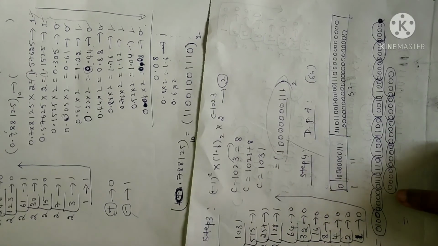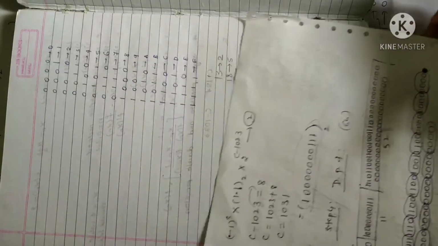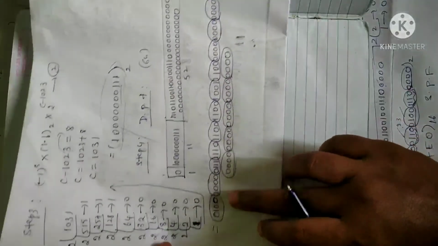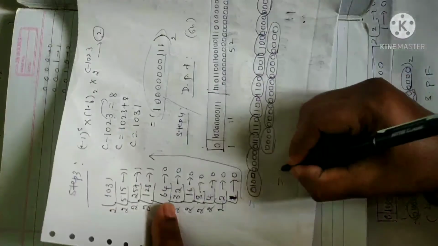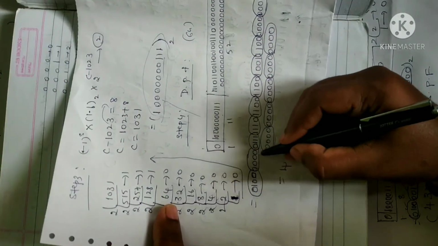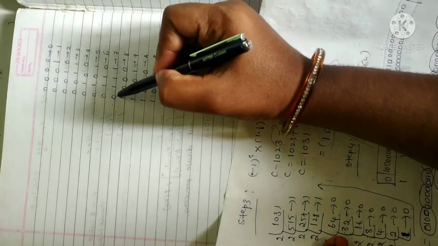Now we have to convert it into the equivalent hexadecimal. As I said, look at the hexadecimal system I have here. It is visible to you, hope so. Fine. Now look at the number. What we have here is 0100. 0100 is for 4. Let me write it as 4. Next, all zeros is for 0. Again 0111. Where do we have 0111? Here. 0111 is for 7.